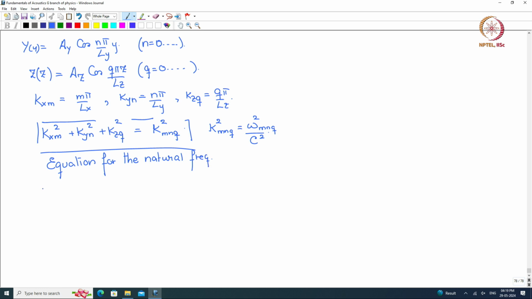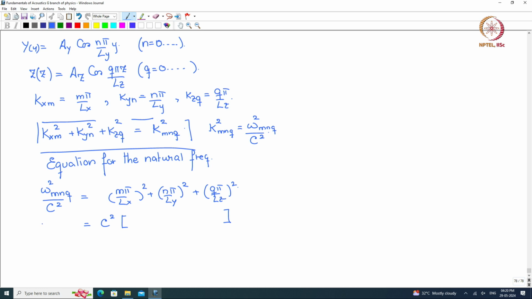Okay, what is that? omega mnq squared by c squared is equal to, let's see, m pi by Lx whole squared plus n pi by Ly whole squared plus q pi by Lz whole squared. Okay. So c squared I will bring on top, this entity remains here,